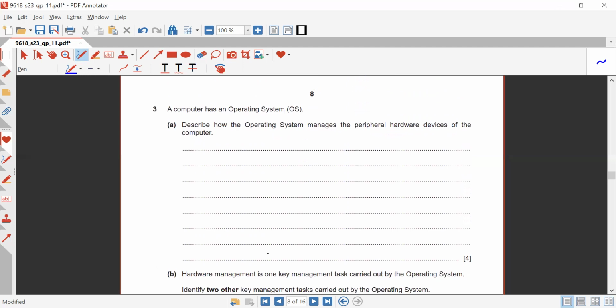Okay, now coming towards question number 3. What does question number 3 say? Our computer has an operating system, OS. Describe how the operating system manages the peripheral hardware devices for the computer. So you need to tell in detail how the hardware devices, that means the input and output devices, are going to be managed. Okay, so number one,